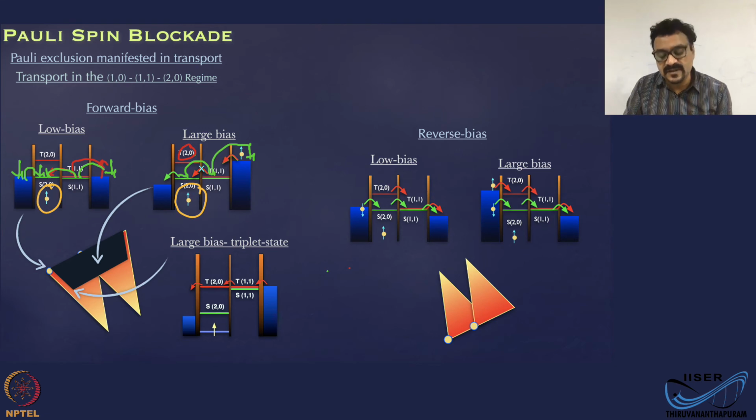Okay, but then that electron can escape here because now this has flipped the spin. This actually can come here, but no matter what, the spin down electron now forms a triplet. Again, the same situation will happen and the transport will get blocked. So what that means is the Pauli exclusion principle blocks the transport. This is called spin blockade.